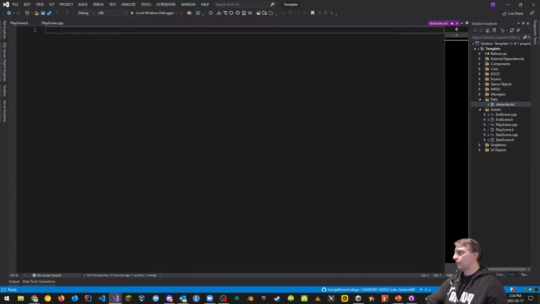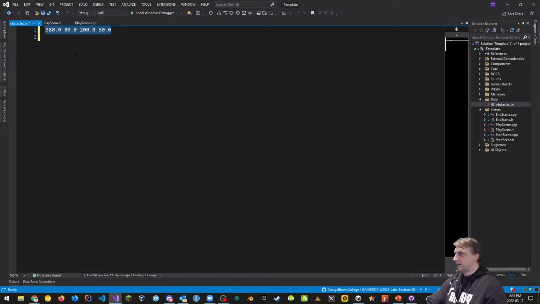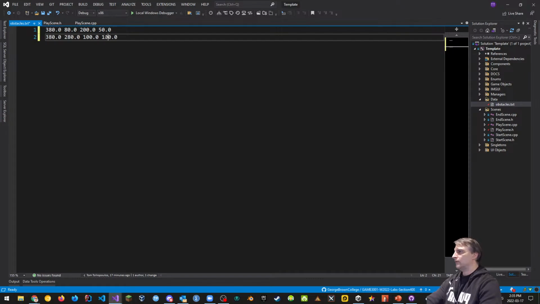In the obstacles, the way the data is going to be formatted, it's going to be X, Y, width, height. Typically that is how he does it. So X, Y, width, and height, and we're going to have some values. Notice that these are going to be different values. So we have one obstacle right there. The second one is going to be at 280. So 80 is the top on the Y, and it'll be only 100, but it'll be 100 wide. So kind of a squarish obstacle.